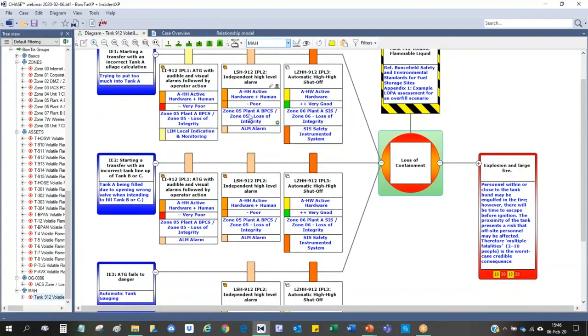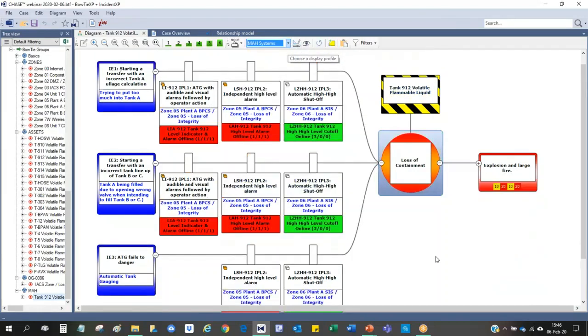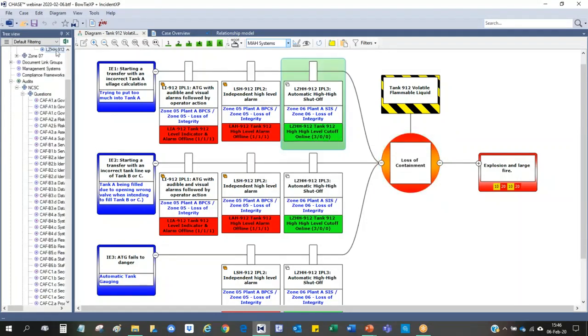So these barriers are connected to different logical zones. So any compromise to those zones will have an impact to the barriers. And the way that's visualized is through systems and parts. So this systems and parts view is showing me here that I've got a system with 3 parts in it. If I go to this part here,